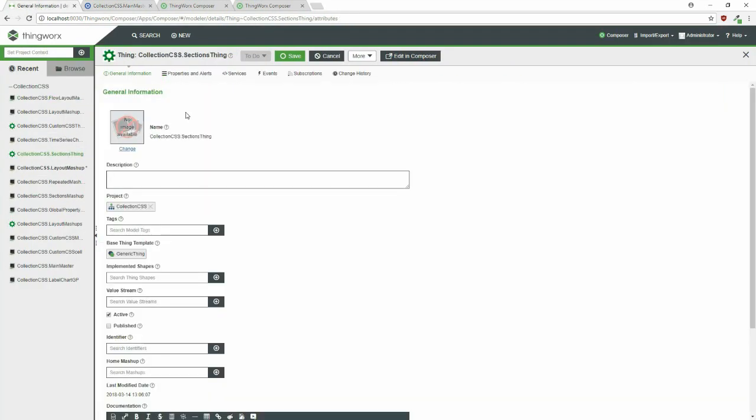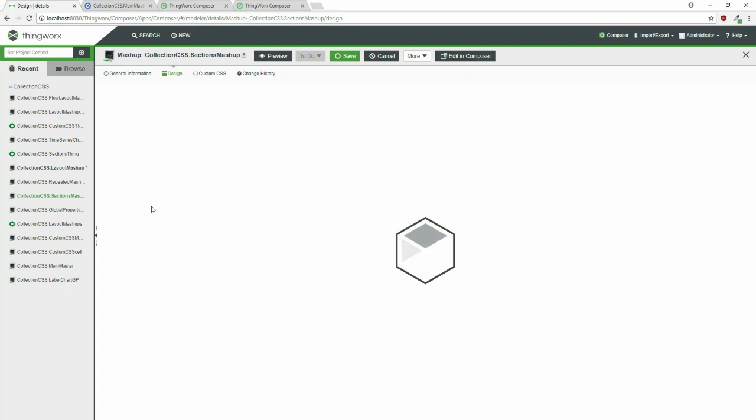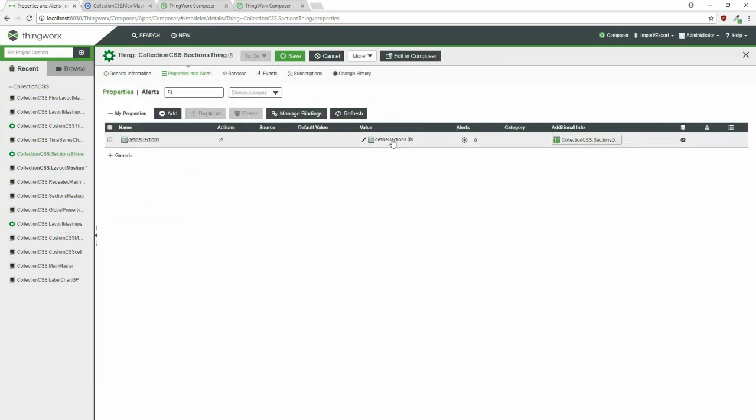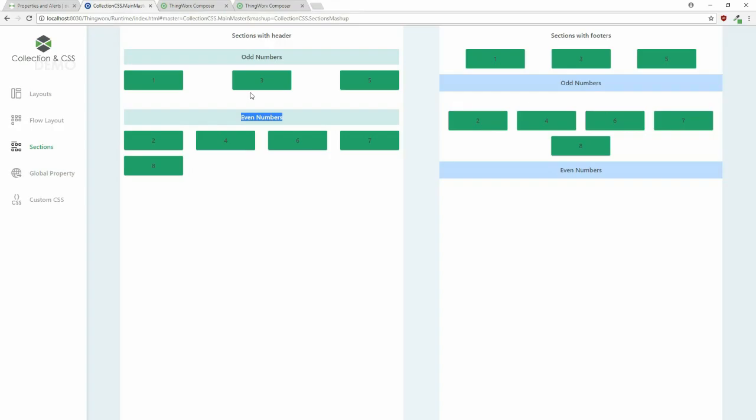Let's go to that thing and look. Actually, let's open also the mashup with the sections. So here you can use sections for the header and the footers, whichever you choose. And let's go to the sections thing. Yeah, there it is. So I have an info table here, and it's basically the item label, which is the number that I display in the cell, and then I have a section name. And that section name is basically a string, and if the string is the same for two of my cells, it will put them in their respective